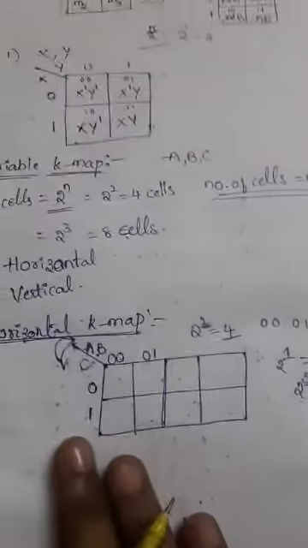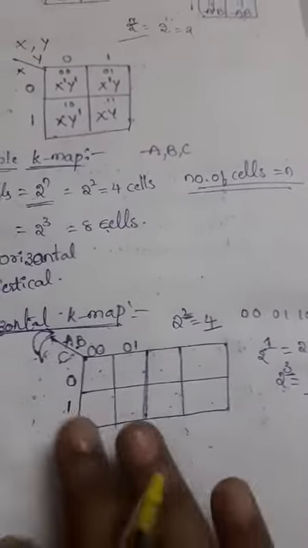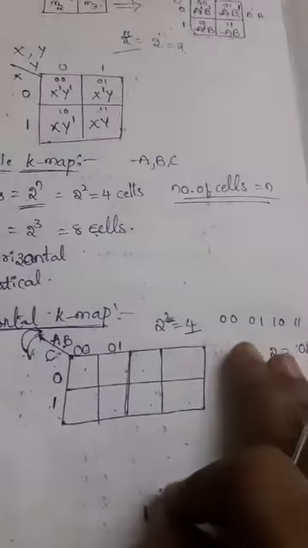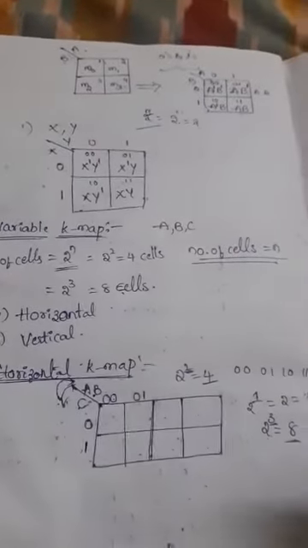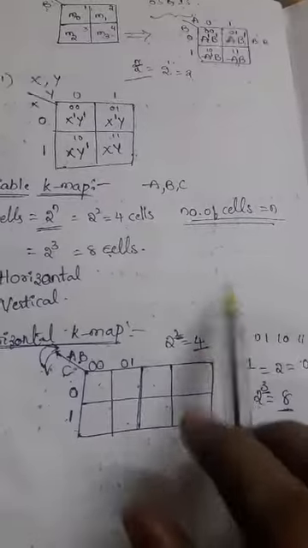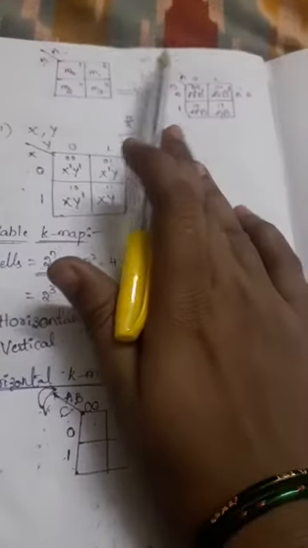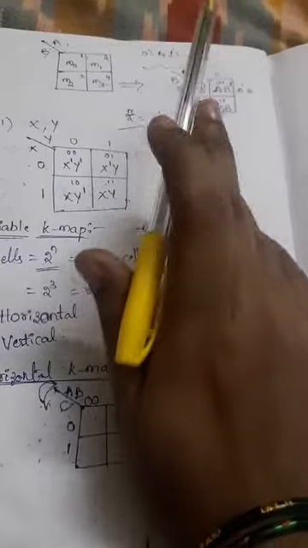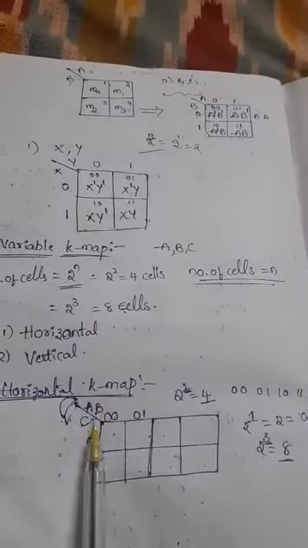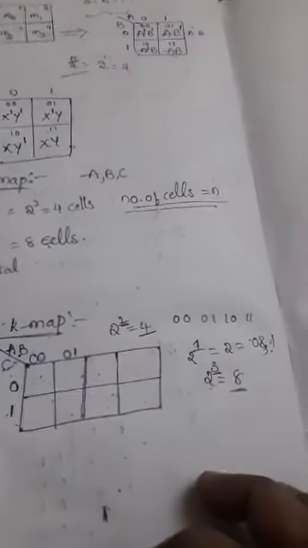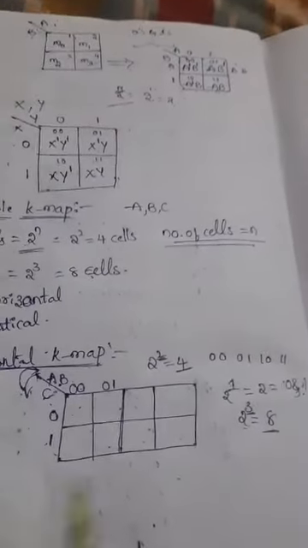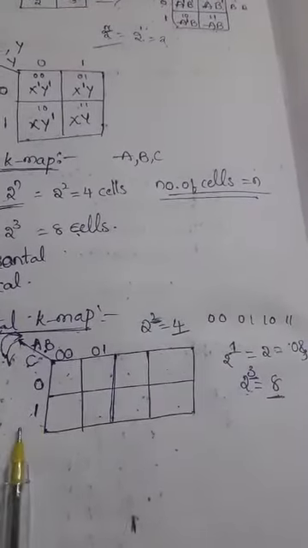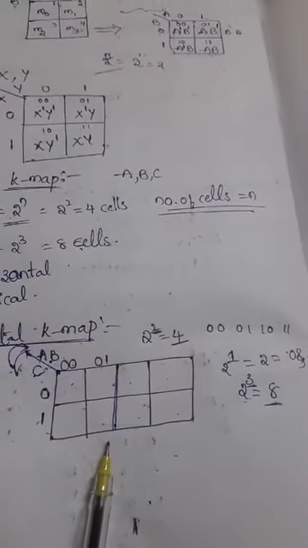What is a cell? Always ask for the reference of this cell. What is meant by a cell? It means the possibility of the variable. What is the possibility of any variable? It is to represent binary information like 0 1 for this A variable, and for AB what are the possibilities we have? 0 0, 0 1, 1 0, 1 1. So this is the possibility of any variable. What is a cell? A cell is the possibility of the variable.